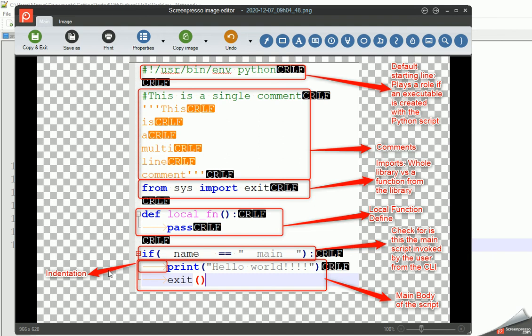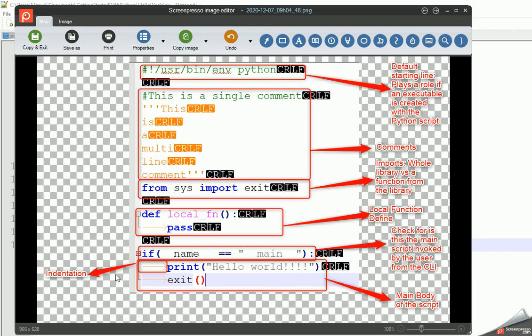Now, I have also highlighted this particular character. This is called the tab character. In Python, it is important to specify the same indentation. The indentation acts as a scope limiting character in Python.